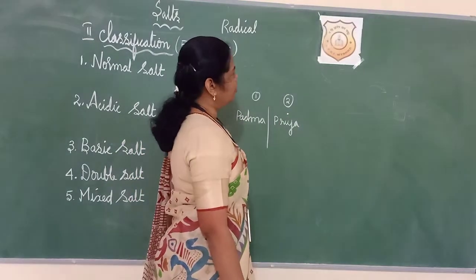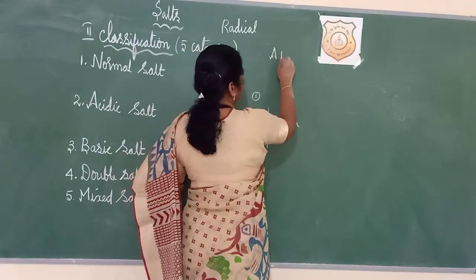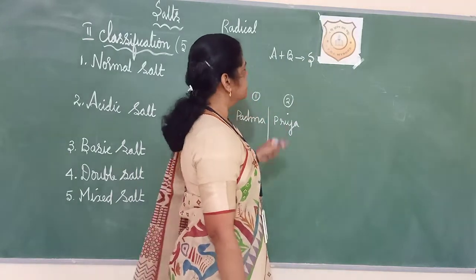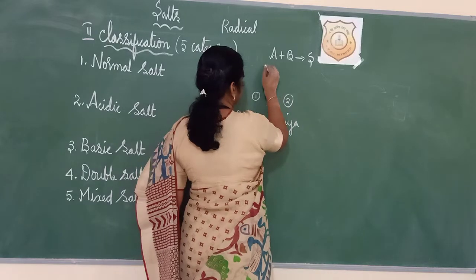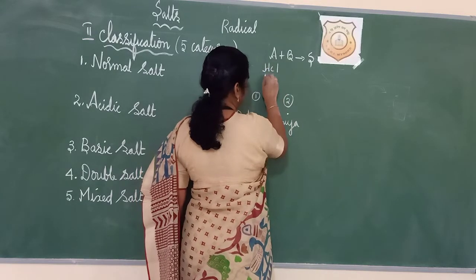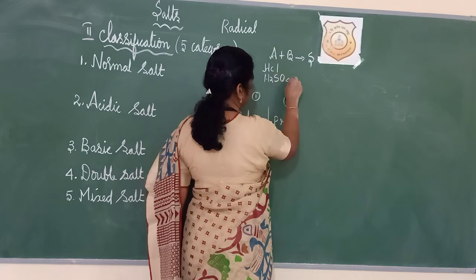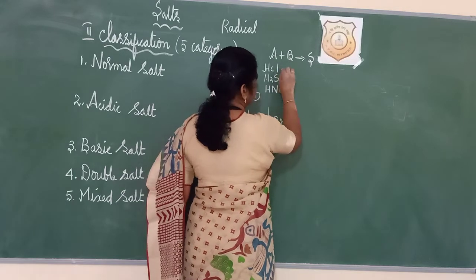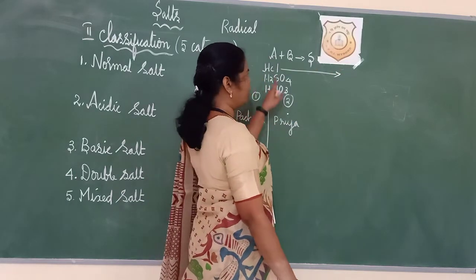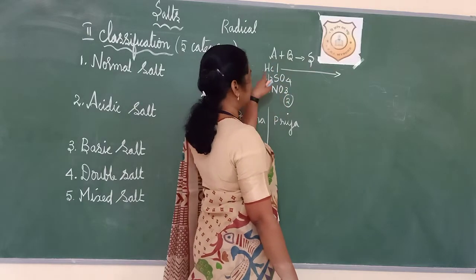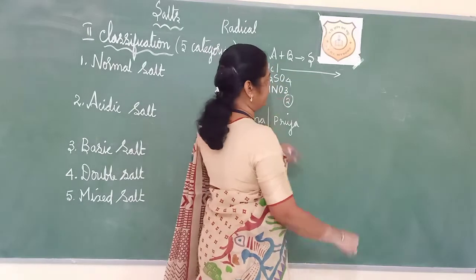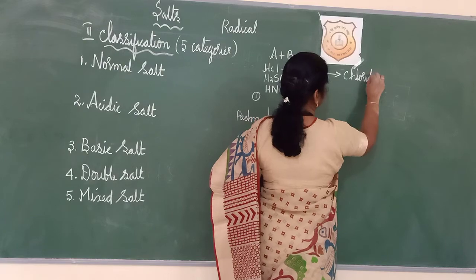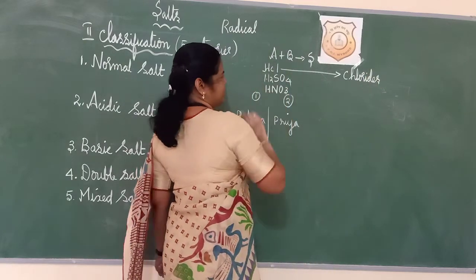We will see now. Whatever it may be, one acid plus one base will be there to get the salt. Clear now? One acid plus base gives salt. Here you want to check that the acid can be hydrochloric acid or H2SO4. H2SO4 is what? Good, sulfuric acid. HNO3 is nitric acid. Listen, these 2 can be parents for the salt. If this parent is hydrochloric acid, the salt name will end with chlorides. Okay? If hydrochloric acid is used, then